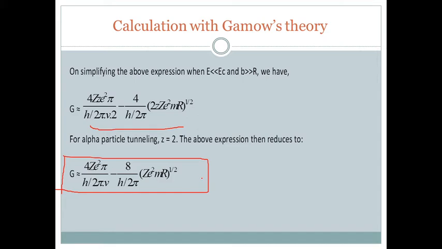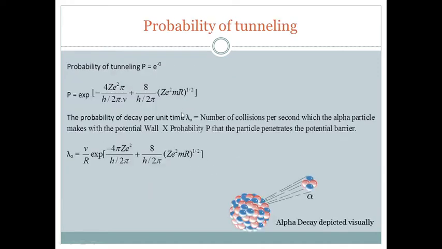This is an expression specifically for the alpha particle, for which Z is 2. Now, the tunneling probability is this, and from that we get the decay constant. This is the decay constant. The decay constant is defined as the probability that the particle penetrates the potential barrier, that is this,